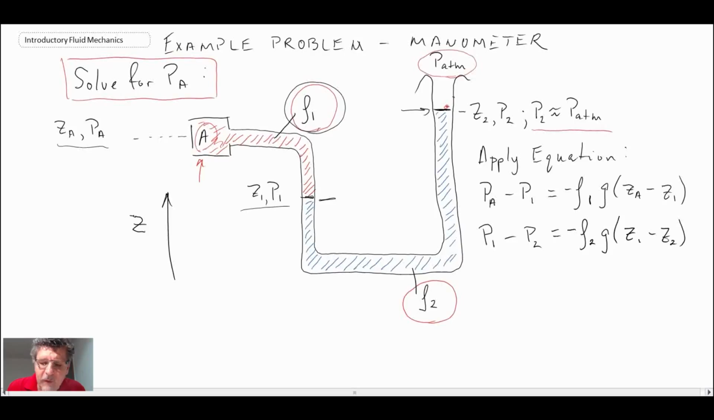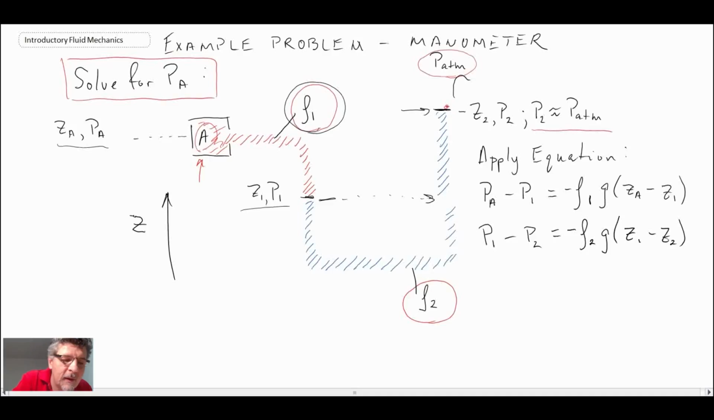Now, how can we make this reference? Well, we have Z1 and we have Z2 here, but one of the things that we can do in manometry, if you have the same fluid within a U-tube, is go directly across here. So let's move over to that point. And the pressure at this point,